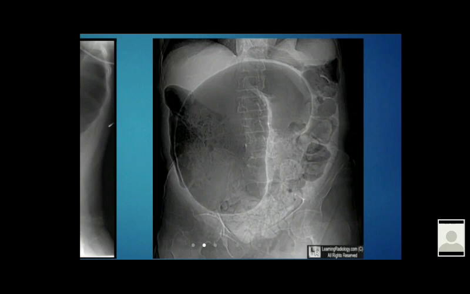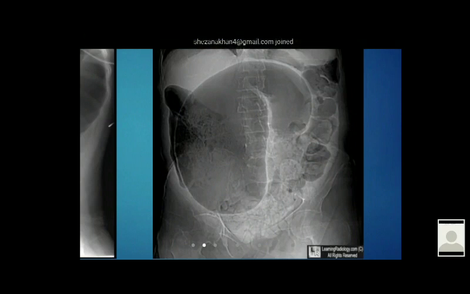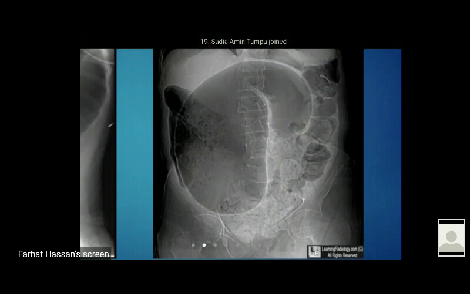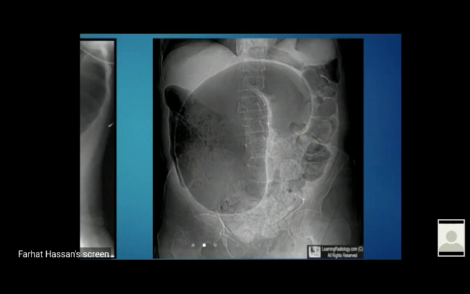IVU, intravenous contrast X-ray, intravenous urogram. But it is the undergraduate exam, so some CT scan of brain is given in some cases. In case of CT scan of brain, either subdural hematoma or extradural hematoma, it is less commonly given. Along with this, some X-ray of the limb, fracture shaft of the femur, or supracondylar fracture of the humerus.